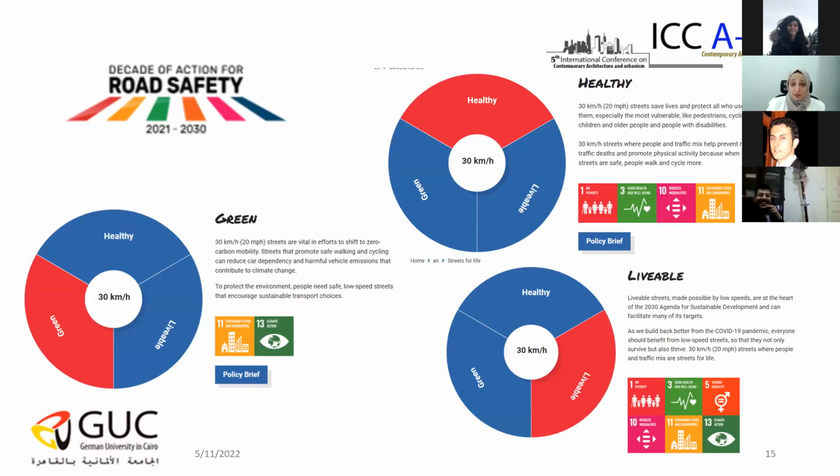It has 3 items: the health related thing, and these are the SDG parameters related to it, and the livability for people in the city, where it is safe for anyone to use bike, it's safe for children to go in the road, it's safe for pedestrian, and the green, which enables zero carbon mobility, and that will promote modes of transport like cycling and walking and other